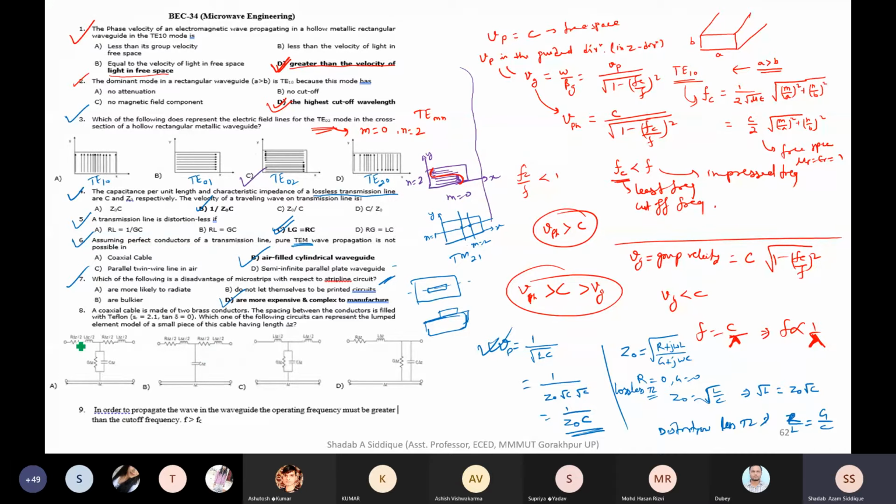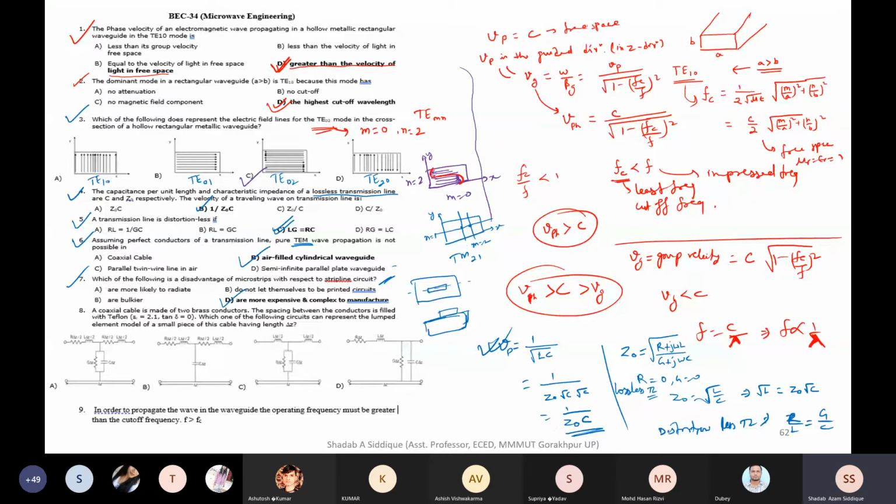So like we see here, the value of this is given as R delta Z upon 2, L delta Z upon 2, R delta Z upon 2, L delta Z. And this resistance and inductance are in series, and the conductance and capacitance are in parallel. So this is correct, but here the by 2 is not correct. This should be R delta Z, L delta Z. So that is there in this.